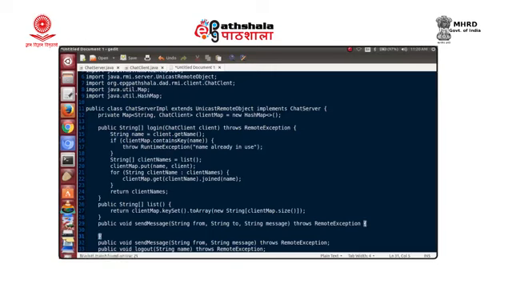So, whenever someone says send message, we get hold of the destination, who is the targeted client. So, we have client map dot get to. This gives us the destination client to whom the message has to be sent. On that client we say, you need to show the message. So, we say dot show message, and in show message we pass as parameters who this message is from and what the message is. So, that is a simple implementation here.